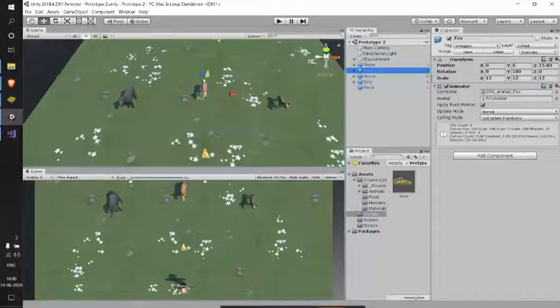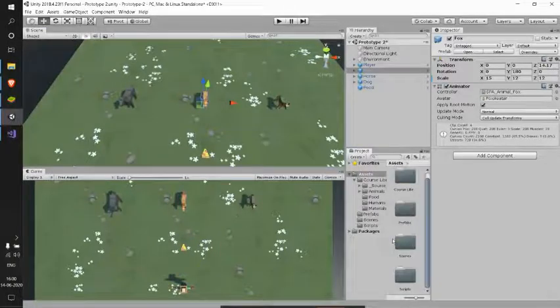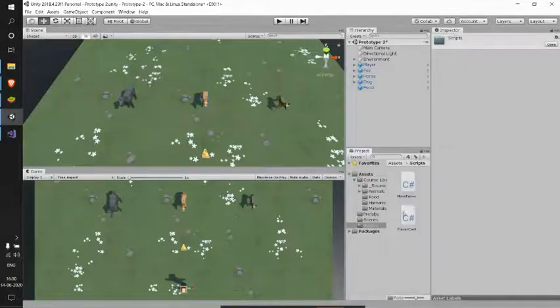Yes, I think this looks cool. Now I want these animals to be moving in this direction. So I can happily use my move forward script for each of these animals, right?